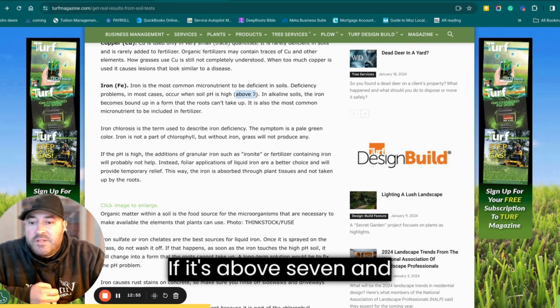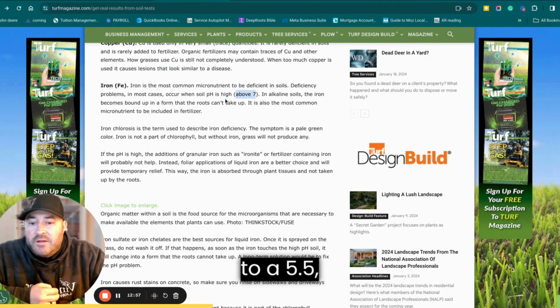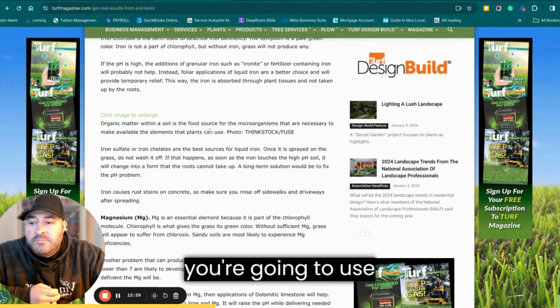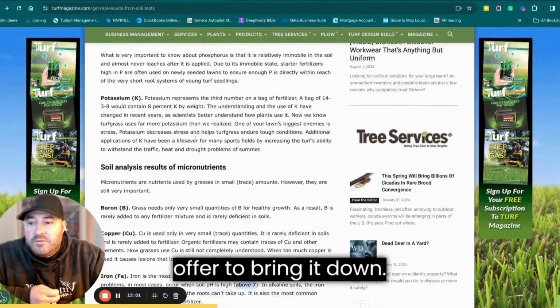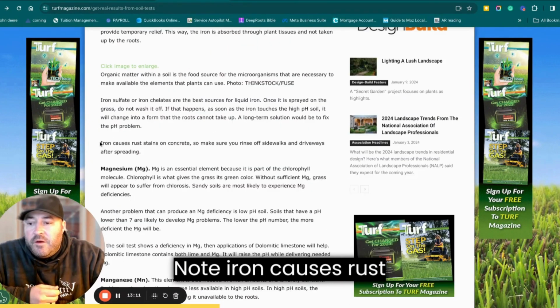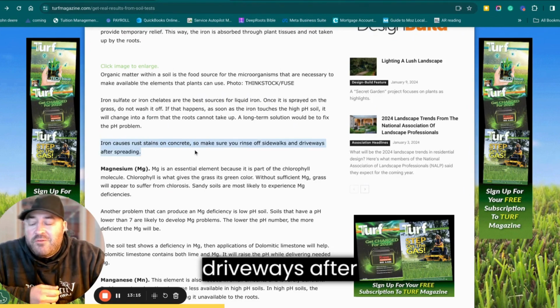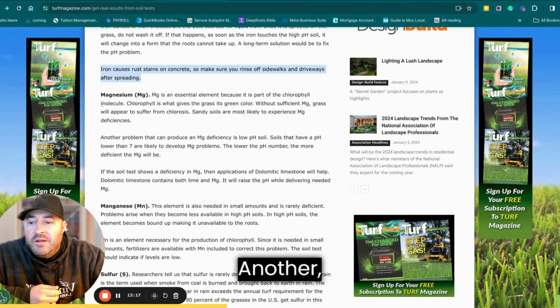If it's above 7 and you've got to bring it down to a 5.5, you're going to use sulfur to bring it down. A note: iron causes rust stains on concrete, so make sure you rinse off sidewalks and driveways after spreading. Another